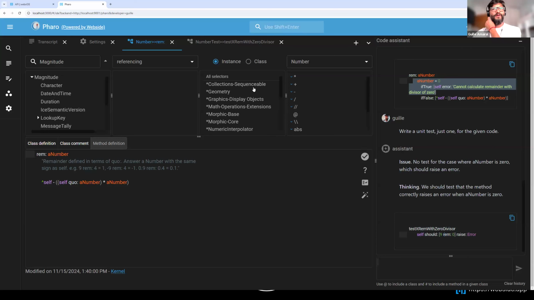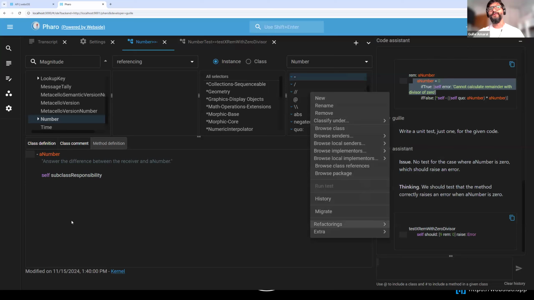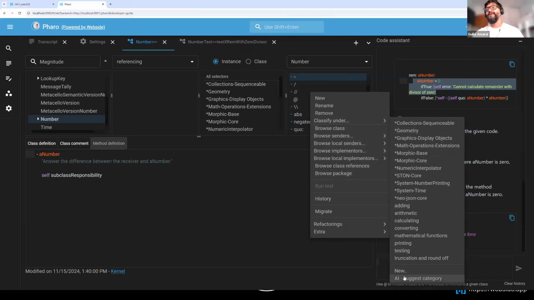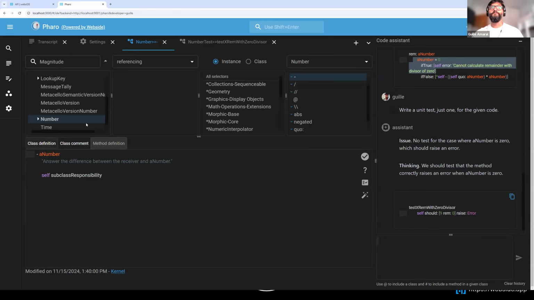So let's go to another example. Okay, there the IDE, whenever this code assistant is enabled, turns on many options, like for instance suggest me a category for this method, or this kind of thing. But what if we say something like, okay, let's start from scratch and give me